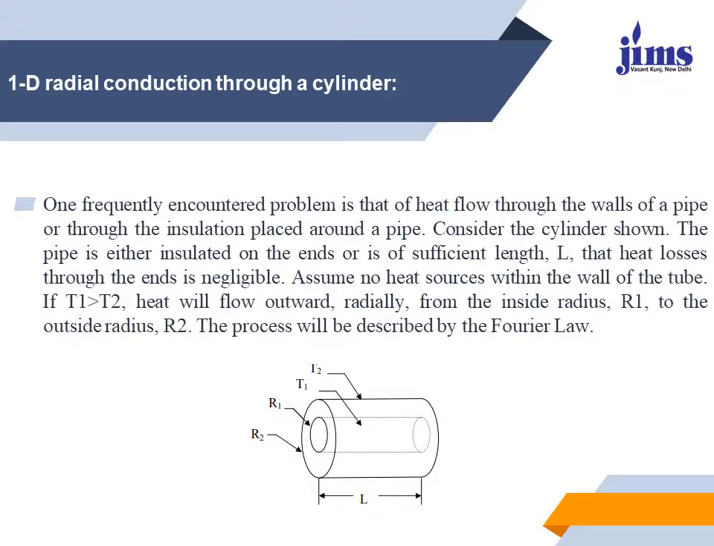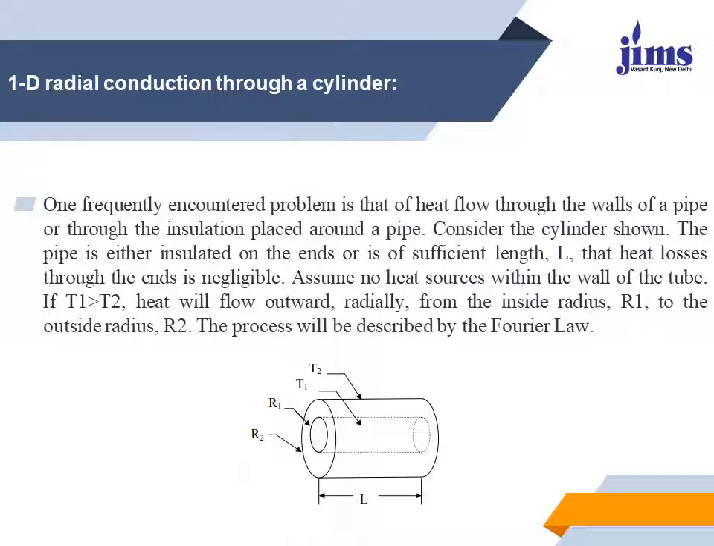The topic is radial heat conduction through a cylinder. For calculating the heat transfer through a cylinder we generally use the equation of the cylindrical coordinate system. As we discussed previously, there are three types of system: the spherical system, the cylindrical system and the Cartesian coordinate system. So in that case we use the cylindrical coordinate system. So we assume a cylinder having radii R1 and R2, maintained at T1 and T2. The length of the cylinder is L, and so one frequently encountered